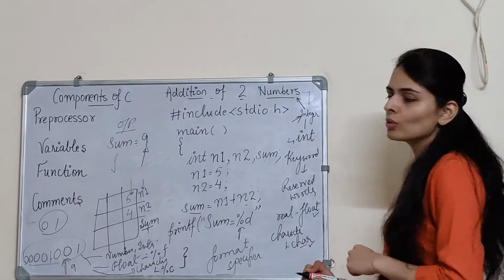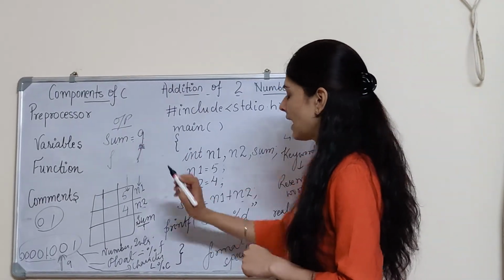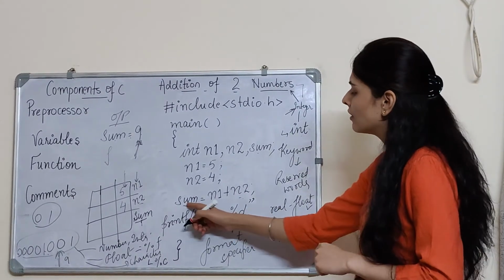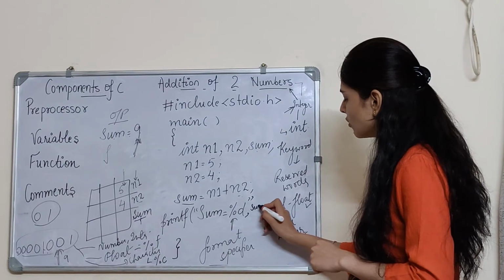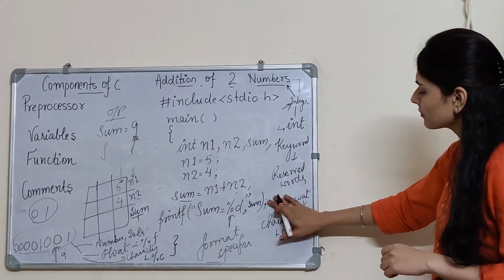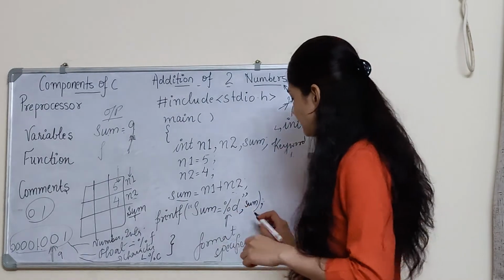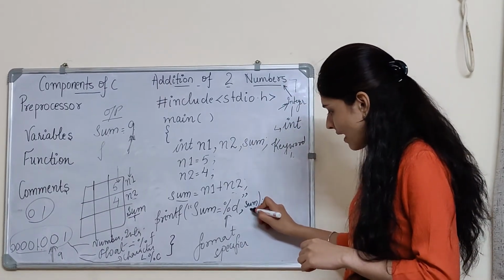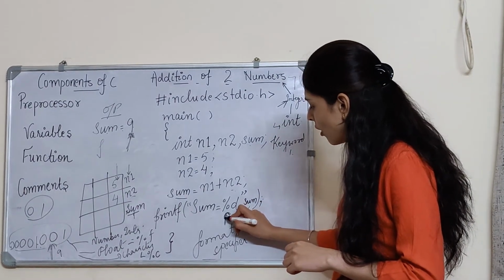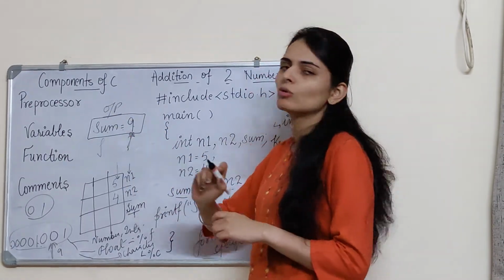After that, I'll close the quotation marks. Just wanted 9 after that. So how will that value come now? After a comma, we will provide that we need the value of sum. And after that, we will terminate the statement. So what happened now? Whatever value is there in the sum will be represented in the form of an integer, and we will get this sort of output.